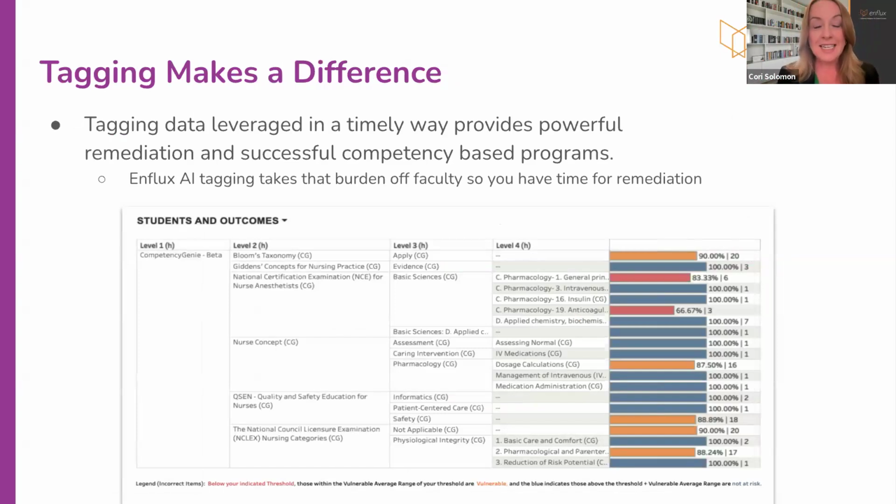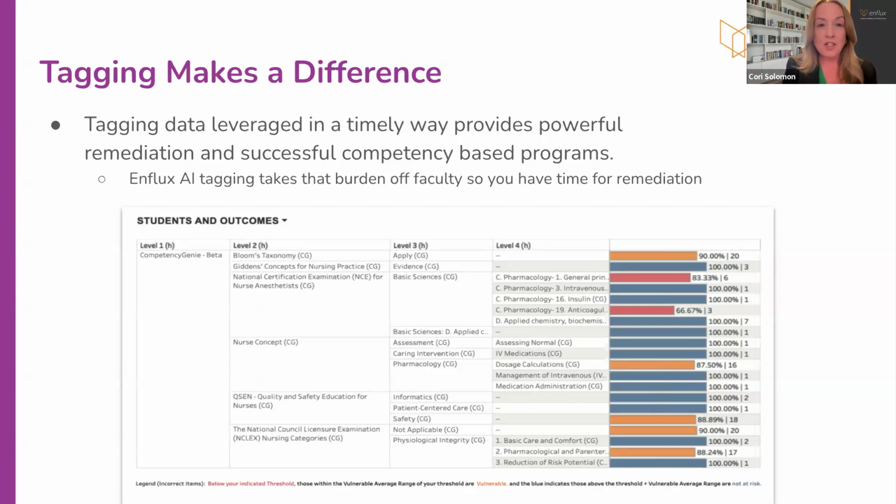And so tagging your assessment items makes a real difference in that. Okay, so I hear a lot from faculty saying tagging is a burden. We don't get the data we need from it, so it doesn't seem like it really helps my students. Why am I even doing this? But then other programs who maybe are higher up know this is a valuable thing. It's hard to get the data from a tool like ExamSoft sometimes because you're downloading static reports and it's very manual. So I am excited for those of you using this.